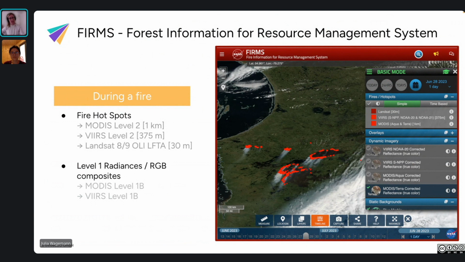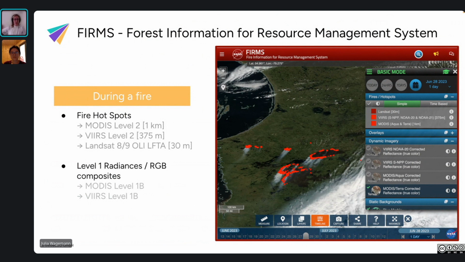3 different satellites that all have three different resolutions. And a combination of these 3 satellites really gives you quite detailed information on any potential fires that are observed.